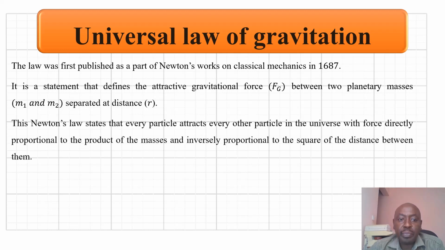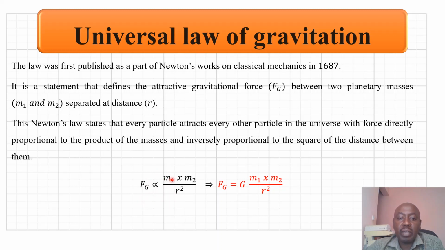distance r. If we put it in the form of a statement, every particle attracts every other particle in the universe with a force that is directly proportional to the product of the masses and inversely proportional to the square of the distance between them. If we put it in the form of a proportion, we get Fg is equal to,